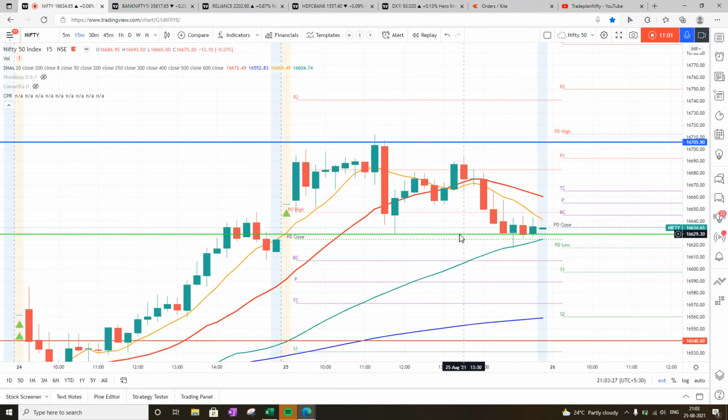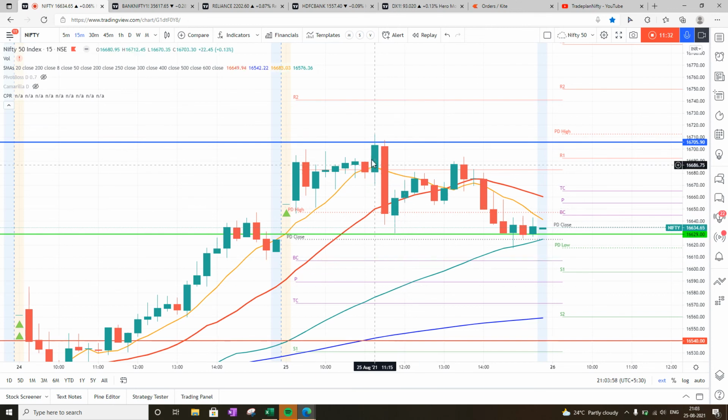So what's the learning? I could have carried forward the position which I squared off yesterday and actually achieved my target of 16705, which I discussed in my start of the week video. This is around 7 or 8,000 rupees of opportunity which I lost. As a swing trader, you need to take a little bit of risk, and that is something I need to cultivate over a period of time. So that's one idea.